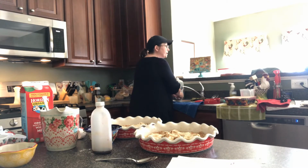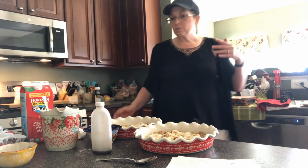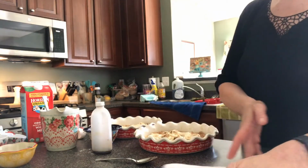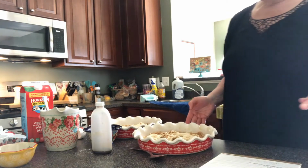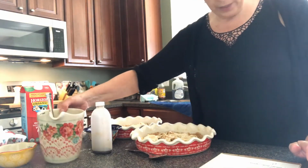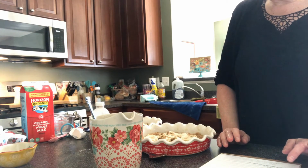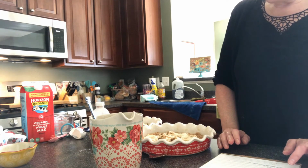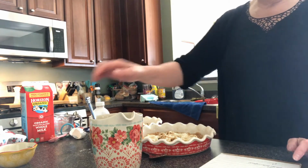Almost there already, guys. Like I say, it's a pretty quick one. Okay. Now, for our topping crumble, it is 1/2 cup of granulated sugar. It is 1/3 cup of flour, 1/4 teaspoon of salt, 3/4 teaspoon of cinnamon, and 1/4 cup of unsalted butter